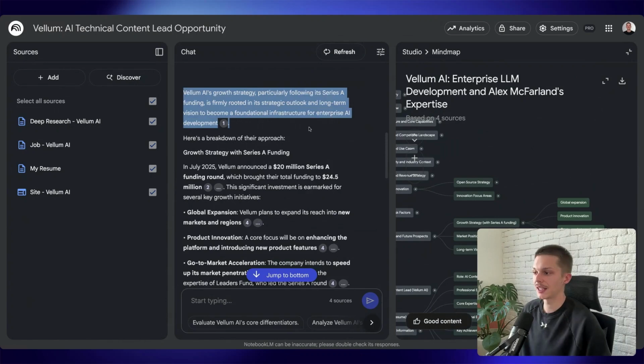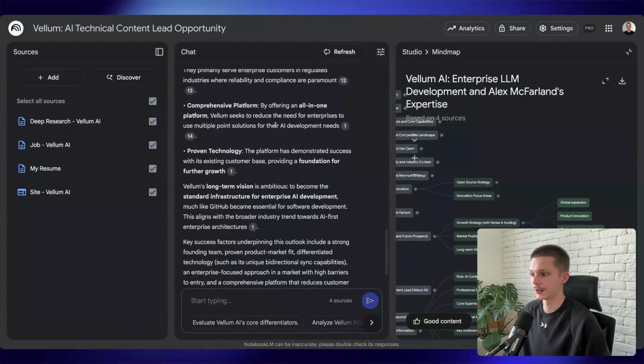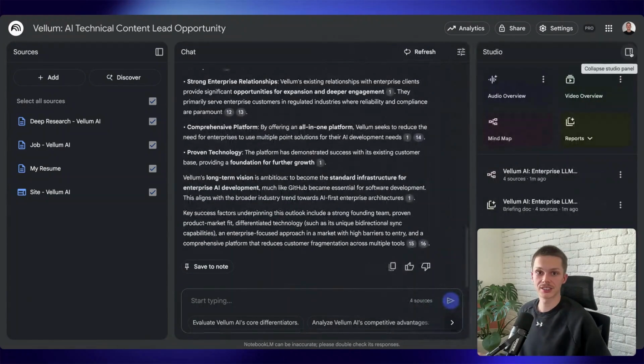And now we have Vellum AI's growth strategy, et cetera, et cetera. So you just synthesized all the information about this potential career opportunity. You're going to be so much more prepared than anybody else. And then the last thing, two most important things, we haven't even gotten to the two most important things that